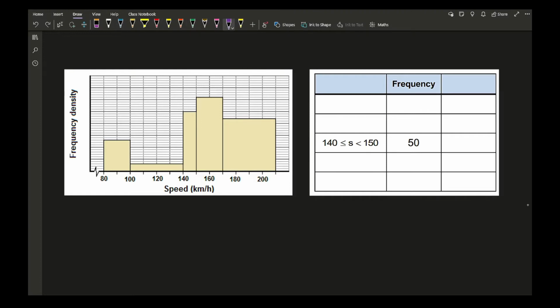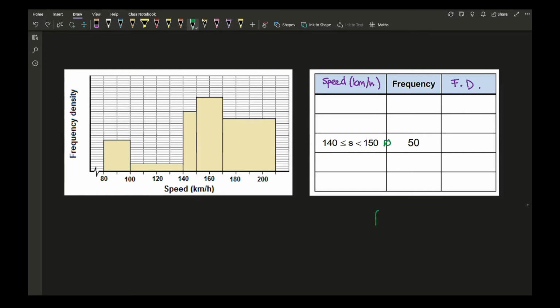So first of all, we're going to look at speed, and that's given in kilometers per hour. And then we're going to have frequency density in our third column. Now, the first thing I can do straight away is work out what the frequency density is for the 140 to 150. Now, if the class width is 10,